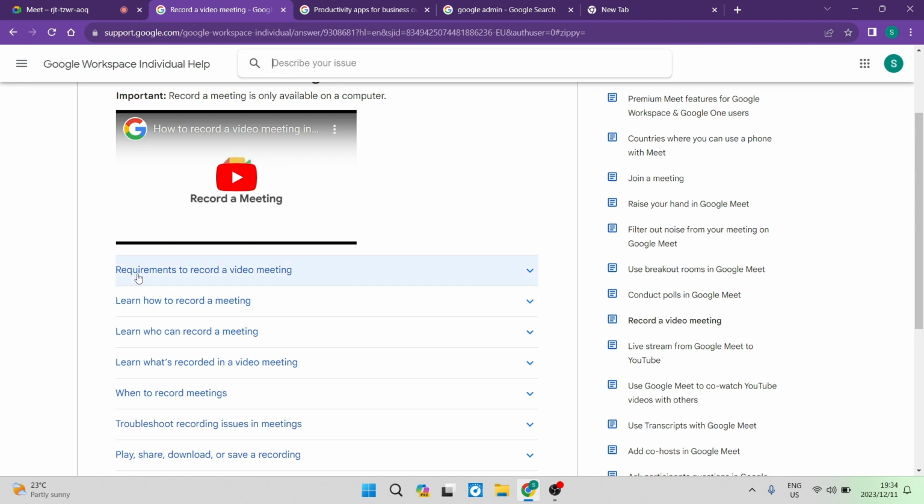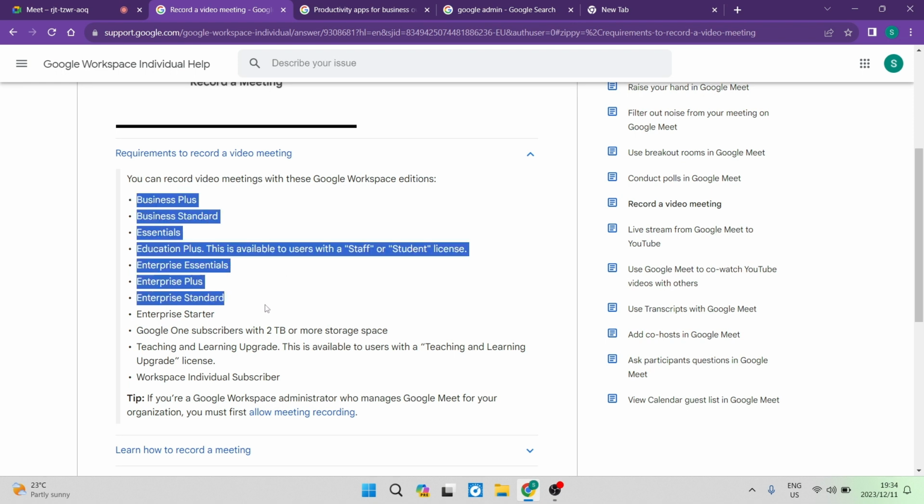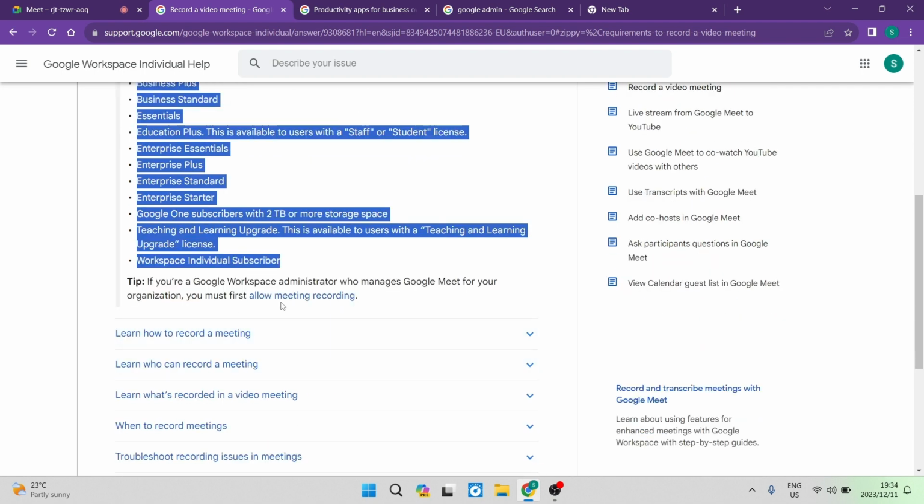And then the next tab over here says requirements to record a video meeting. Now, once you open that, you can see it says you can record video meetings with these Google Workspace editions, and it gives you an entire list of the editions that you should have to be able to record a video meeting. Also, it says if you're a Google Workspace administrator who manages Google Meet for your organization, you must